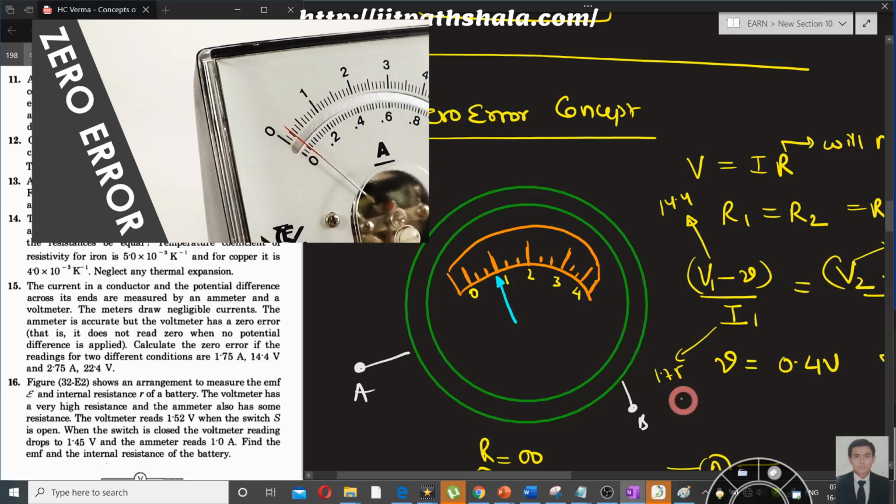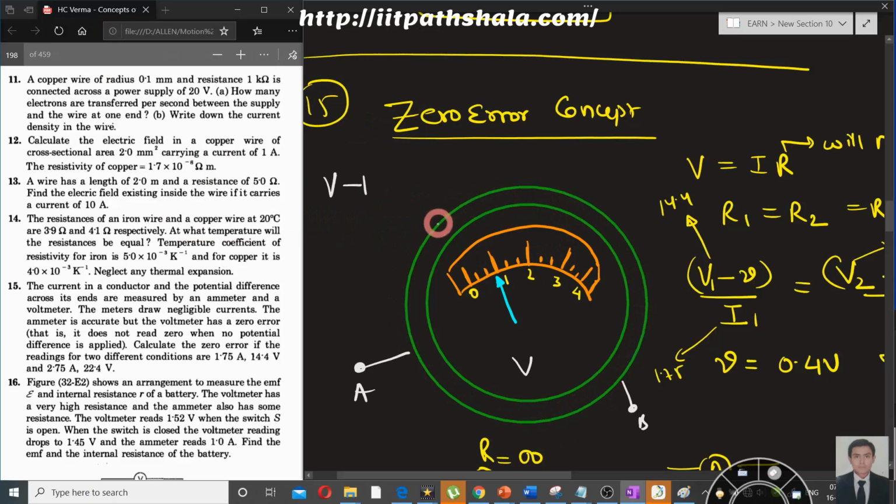As in this case, you can see my needle, instead of being at 0 because it isn't connected to any circuit, is at number 1 itself. Now if I have to calculate the voltage between point 1 and point 2, I will calculate the voltage and subtract 1 from the answer, and give this reading to my teacher. So this is your zero error, because your dial has an error: it shows a value prior to the connection of the circuit itself. Now you have this faulty dial and you are measuring two readings over here.